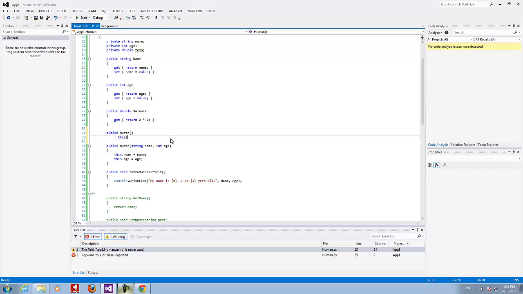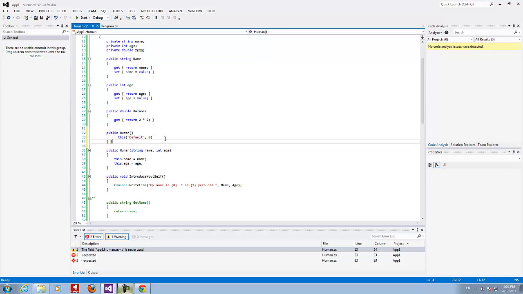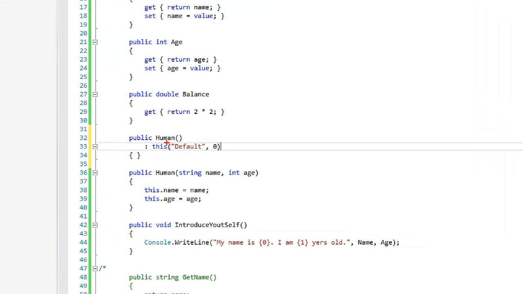I'm gonna call the constructor this way, and I'm gonna say that the name of my default user, if I don't give any parameters when I'm instantiating an object of class human, I want the constructor human to be called with such parameters, with age 0 and default.